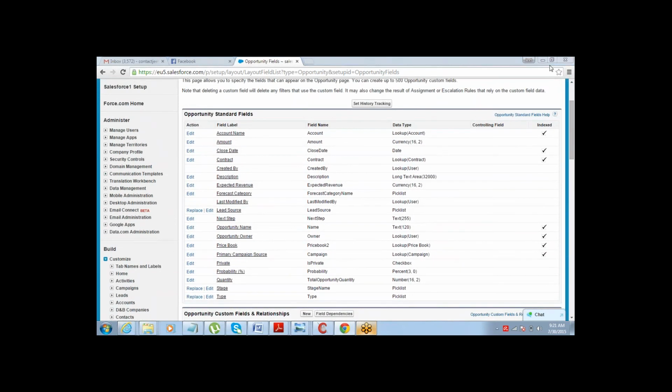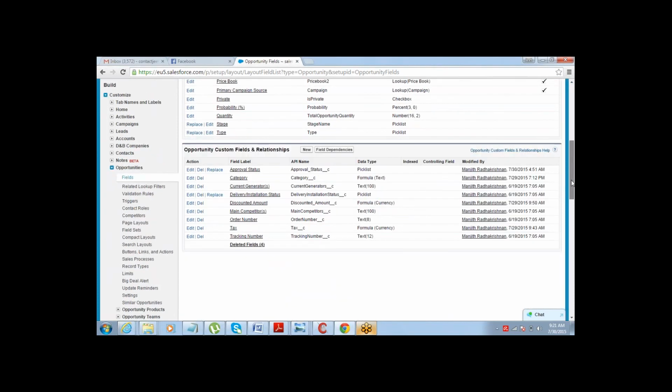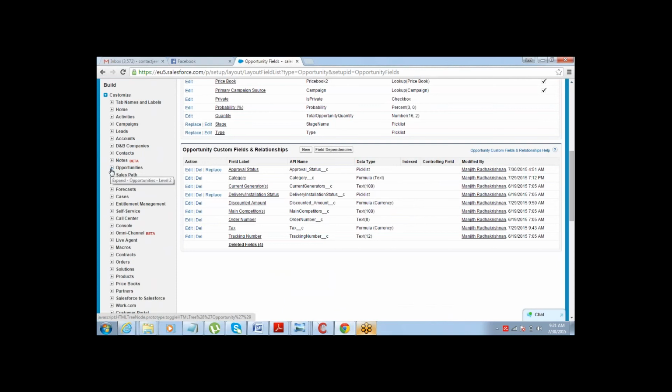What is the next thing that we have to do? We have to start creating the approval process. So let's create the approval process.